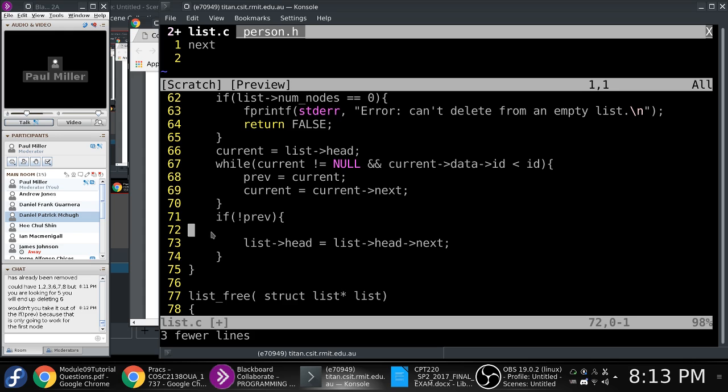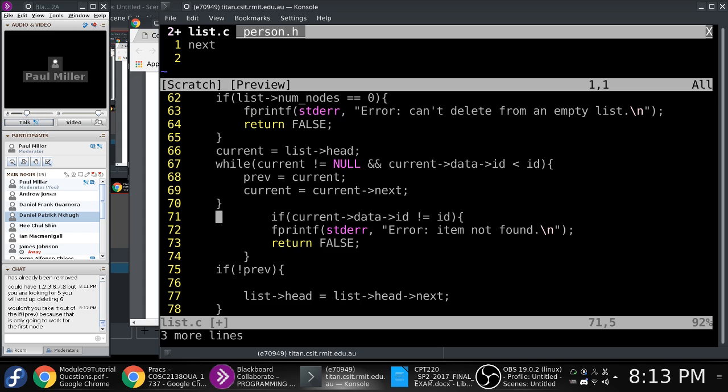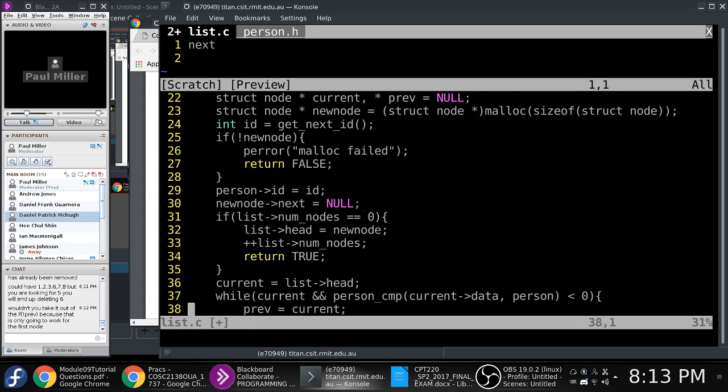So if you press D in Vim, when you've got some code selected, it deletes it and cuts it. So I can now press P to paste it. Okay. Now I can tell Vim to automatically format my code. GG takes me to the top, equals, and capital G. So now if I go back down there,